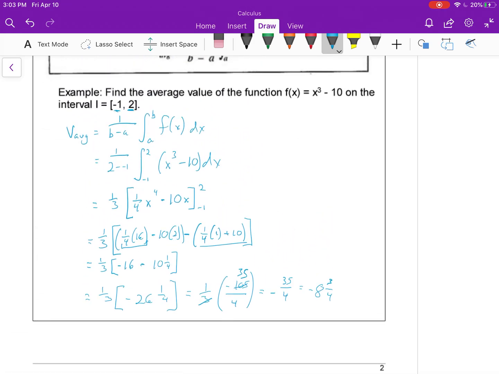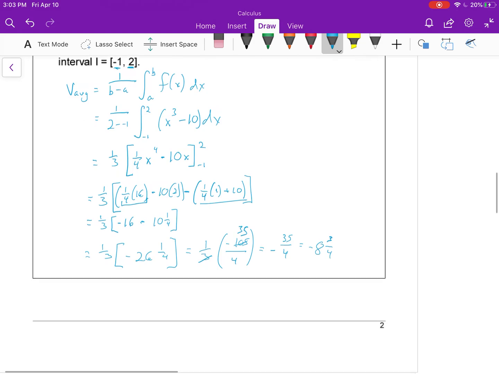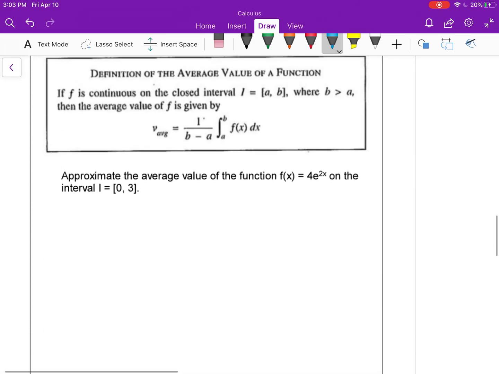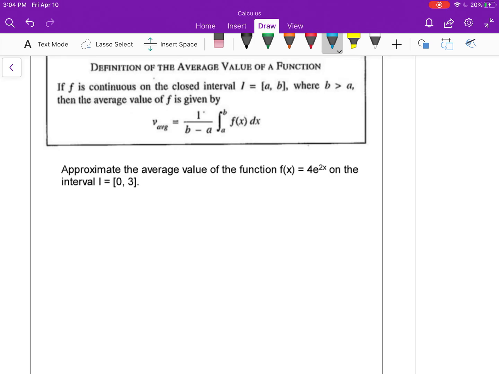So that would be the average value of the function. Looking at the next one, we just have the definition of the average value of a function again. So we want to approximate this one. Our function is f of x equals 4e to the 2x on the interval 0 to 3. So our average value